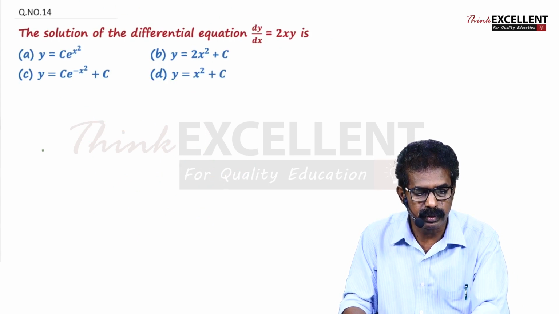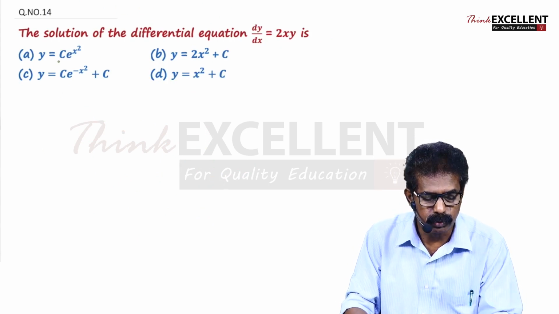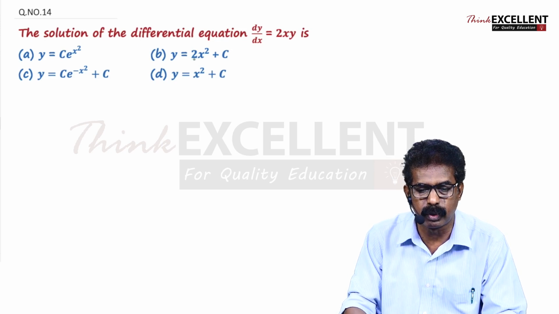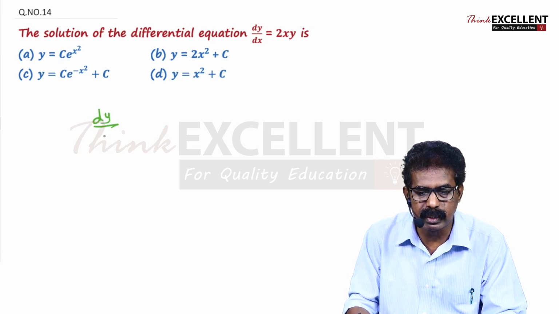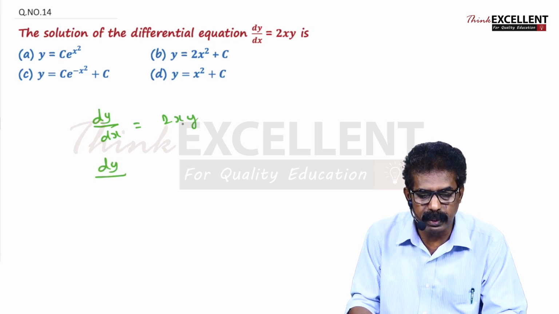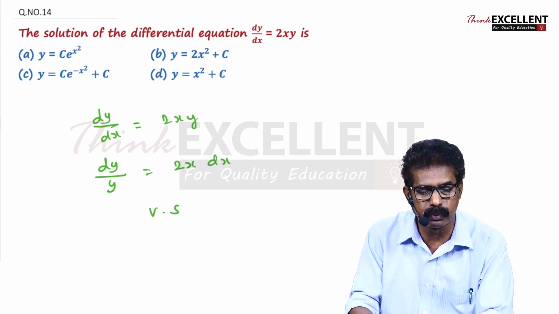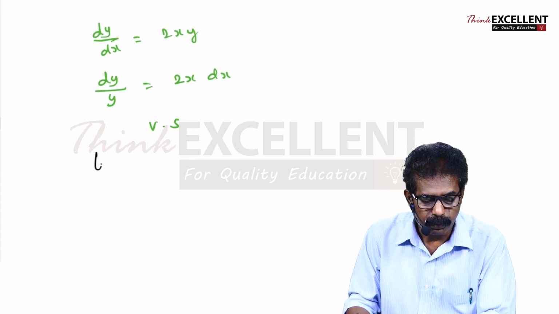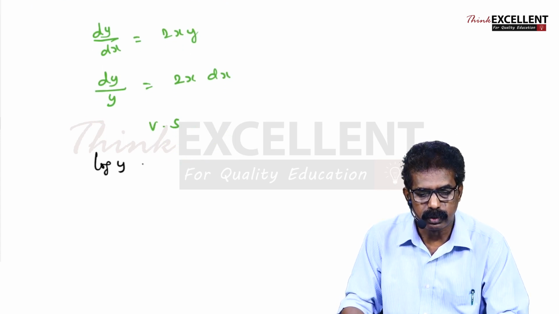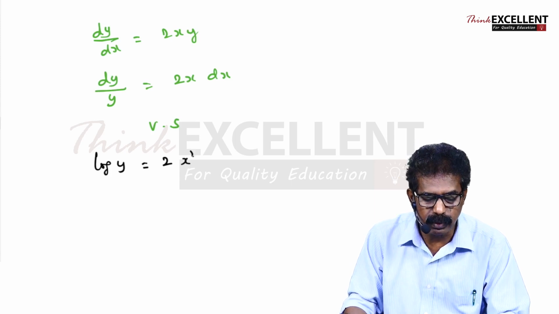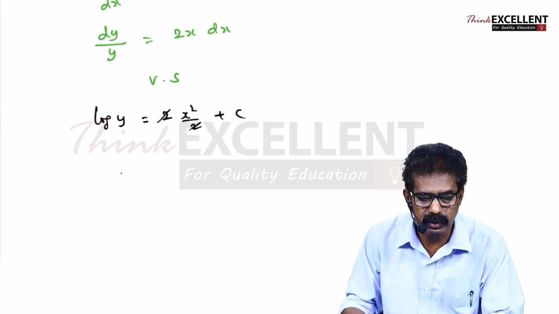Now the next question, question number 14. The solution of the differential equation dy by dx equal to 2xy. Very simple question. dy, bring that y here, equal to here already 2x is there, dx. Variable separable again. So solution just to integrate both sides. 1 by y integration log y equal to 2 into x integration x square by 2 plus c. 2 cancel. So if you change it into exponential form, y equal to e raised to x square plus c,